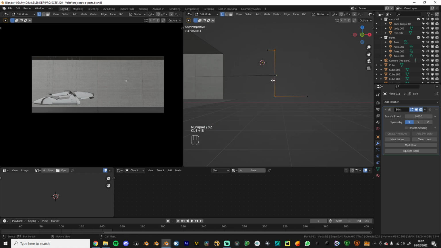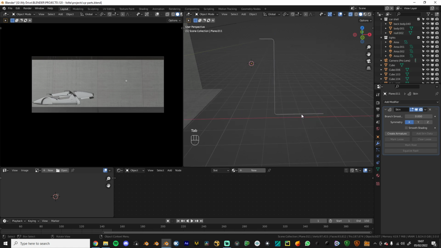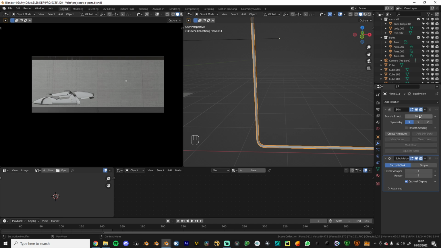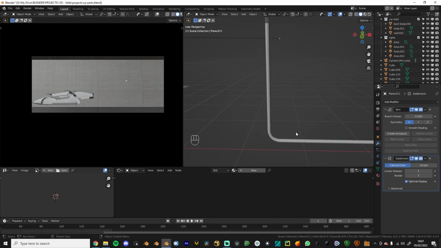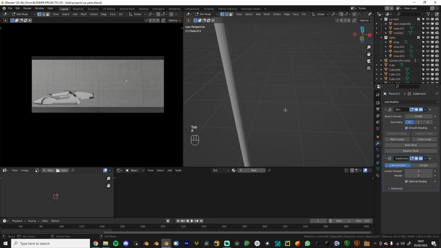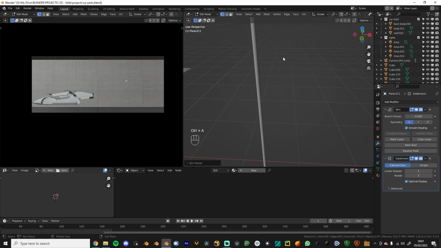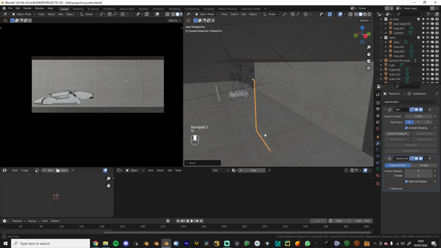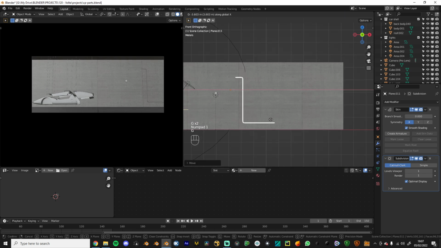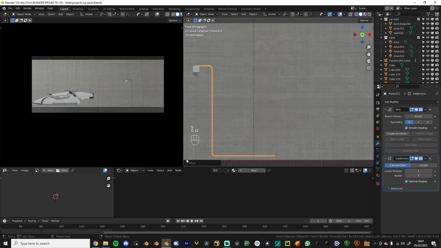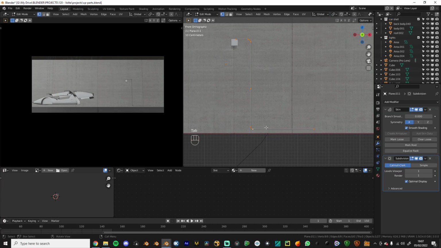We'll just have to bevel these now. Control Shift B. It's not the biggest deal. Yeah, and then subdivision surface afterwards. Shade smooth. Smooth shading. I think they should be a little bit thinner. Control A scale. Okay, that's cool. And they could probably power the light too, because that's amazing. Cool. Okay, they just kind of